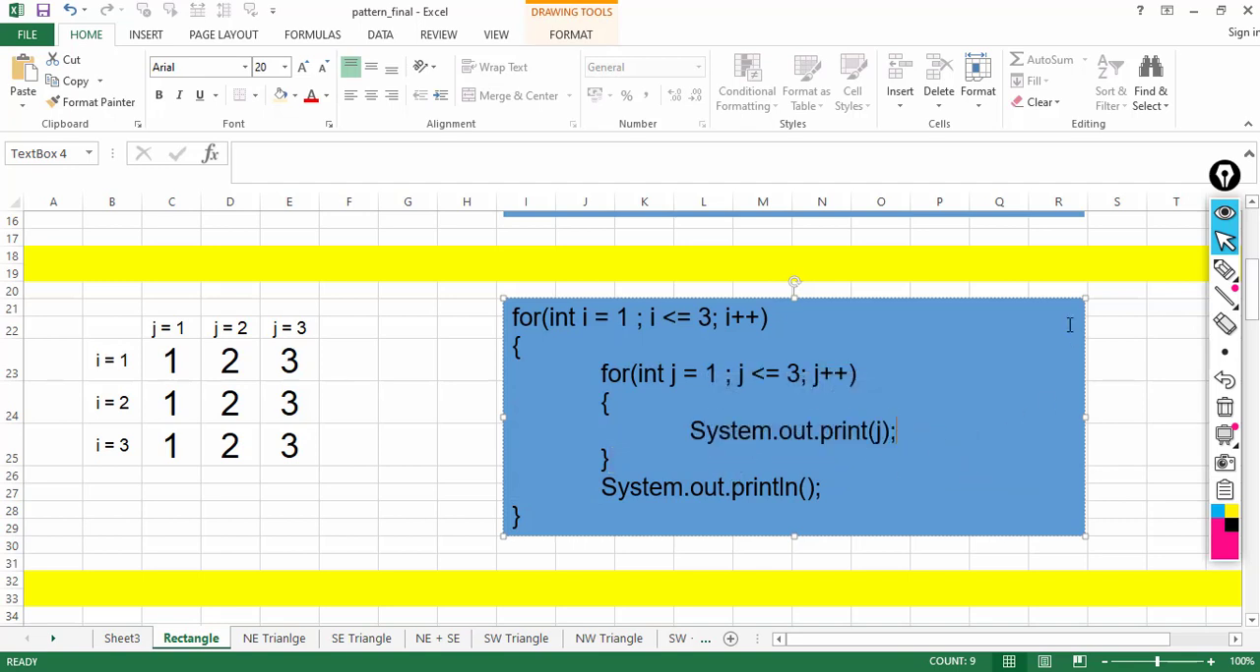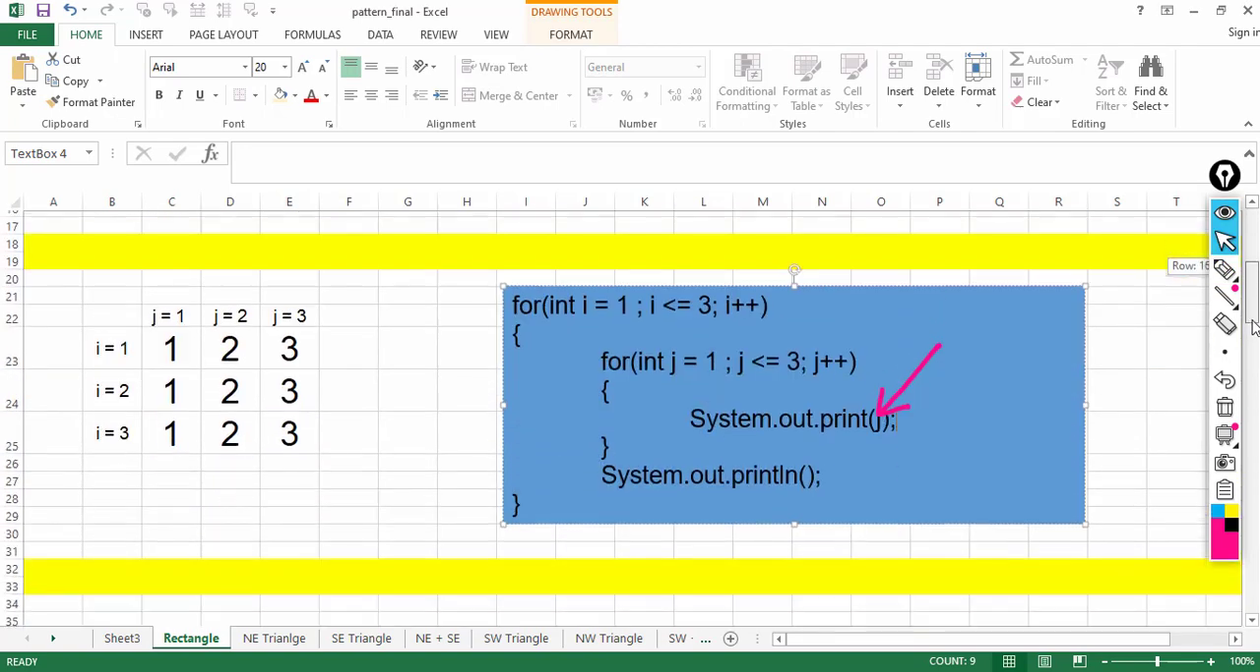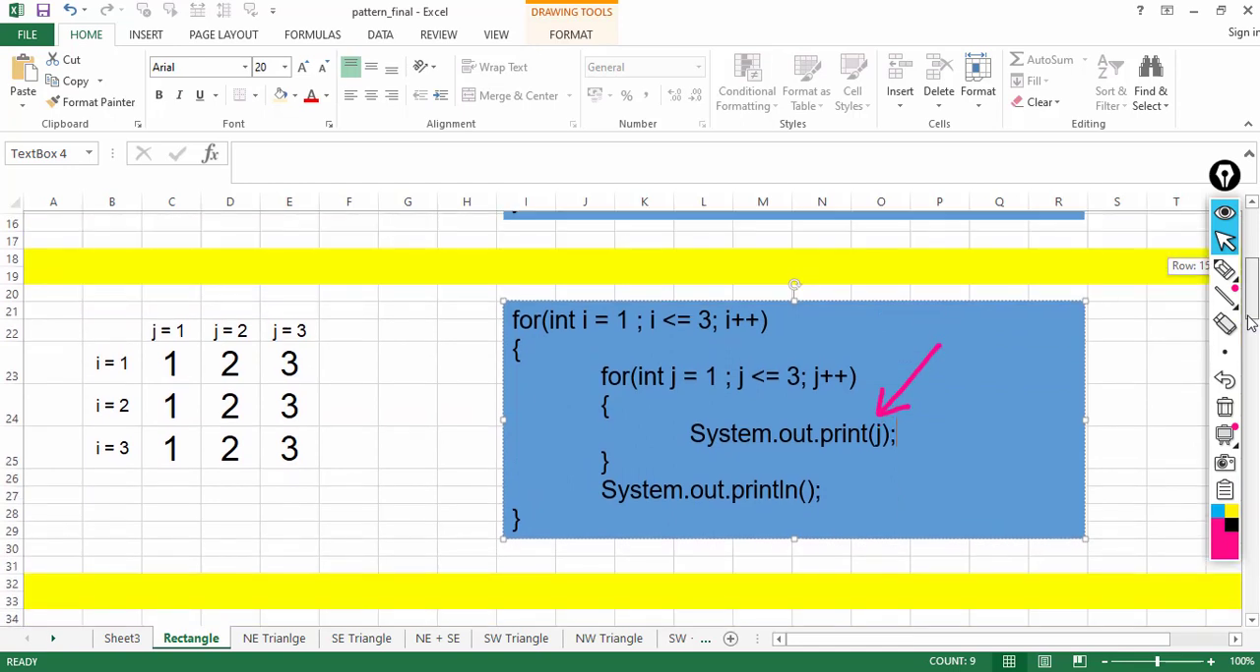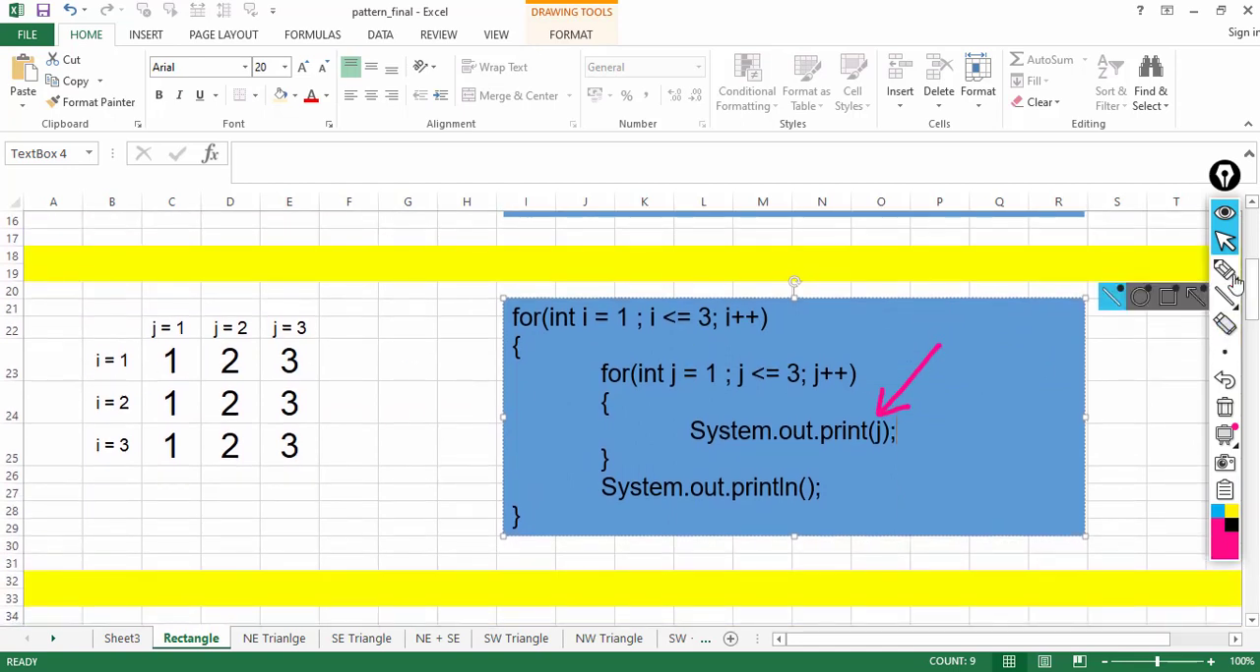The only thing that is changing is what we are printing here. In the previous example we were printing a star. Now we are printing the value of j. Okay, we are printing the value of j. That means